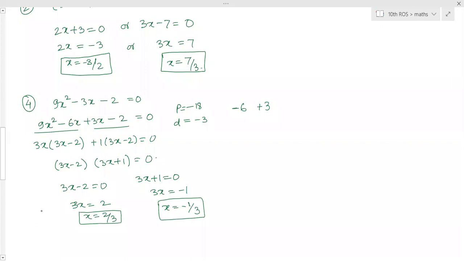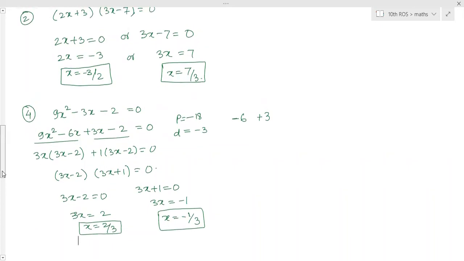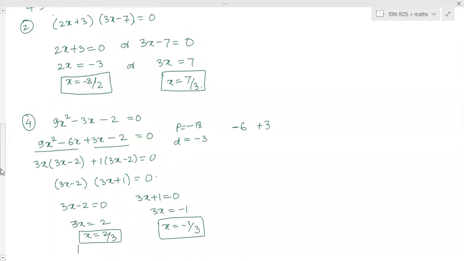Okay. So write down these two questions first. Whoever has the new book in front of you, new RD. Ma'am, for this chapter I'm using a book, ma'am. Yeah, right.